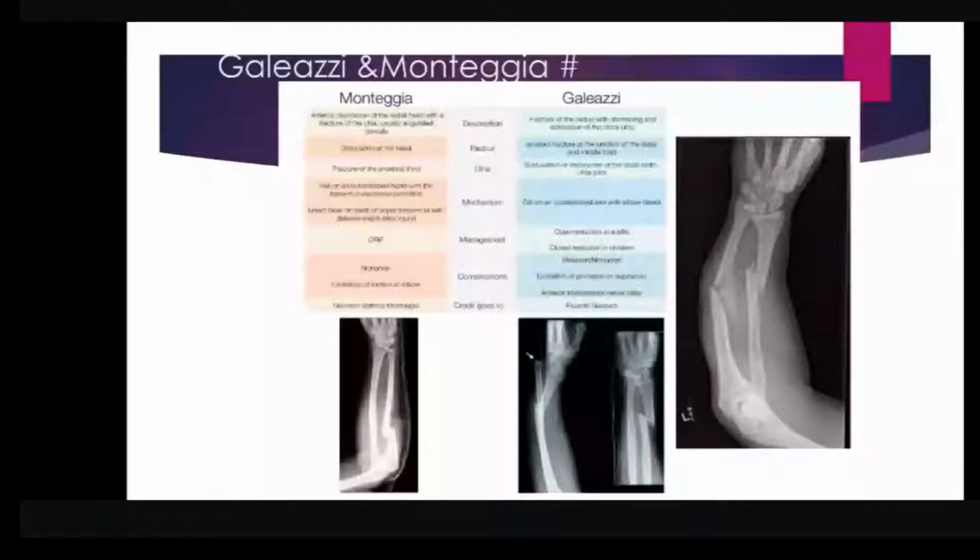The X-ray on the left side, if you watch carefully, there is a fracture of the proximal shaft of the ulna along with dislocation of the radial head anteriorly. So basically, this X-ray is Bado type 1, and the X-ray just beneath, in the Galeazzi column, shows the fracture of the distal shaft radius along with dislocation of the ulnar head. That is the dislocation of the distal radioulnar joint.